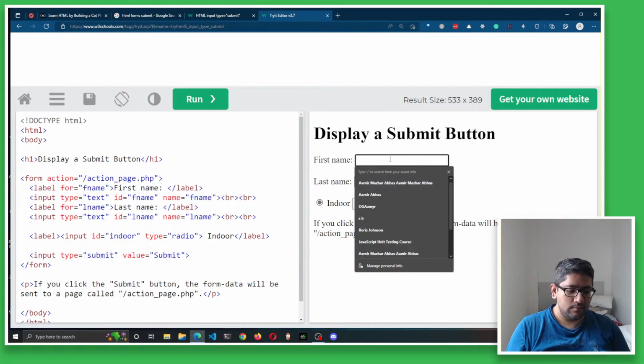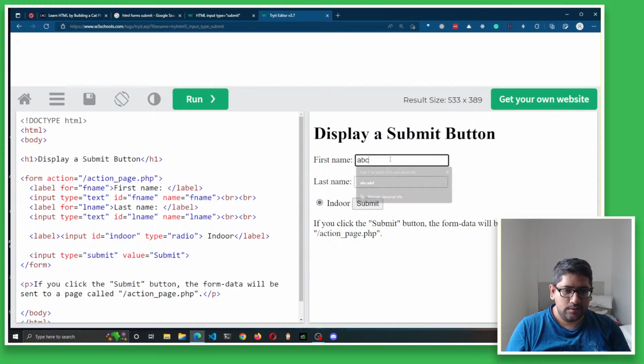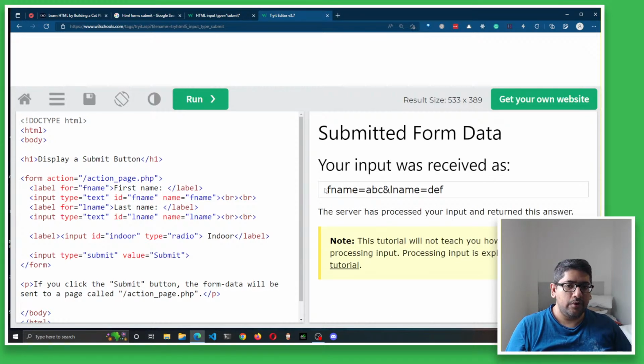And we selected... what's the name? A, B, C, D, E, F and submit. We only got L name, which is the name which we were passing. And there was a name missing over here. There is no name tag, right? Yeah. So if I say name